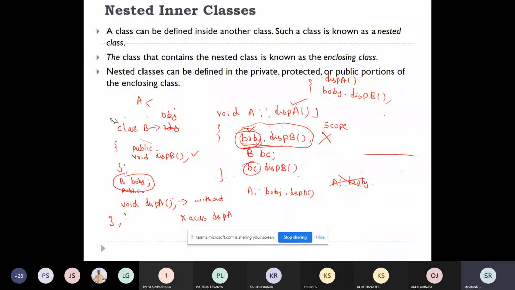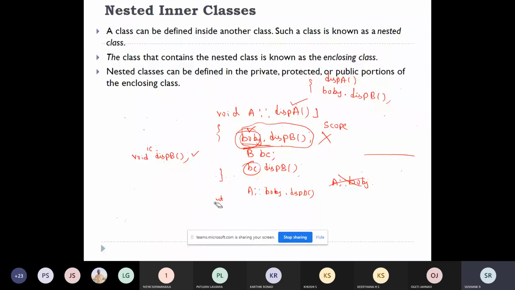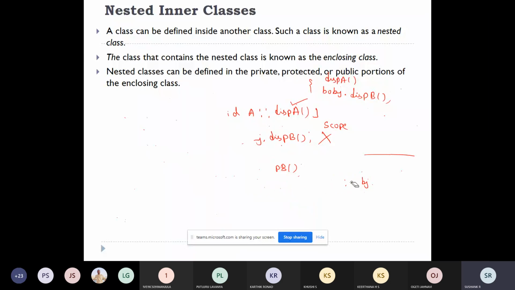Any doubts here? Any doubts with respect to nested inner class? Yes or no? See, programming, I will just execute it in the next classes. Maybe this class I just wanted you people to understand the theory a bit. Once the concept is done, I can type out the programming and explain it, the same concept. But the first thing is you understand the concept. If you understand the concept, whatever we have learned, we just need to type it as per the syntax and all.